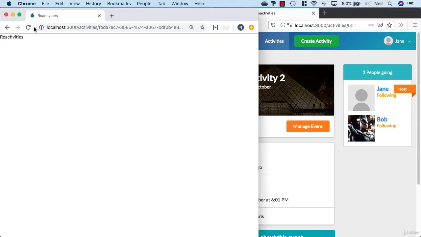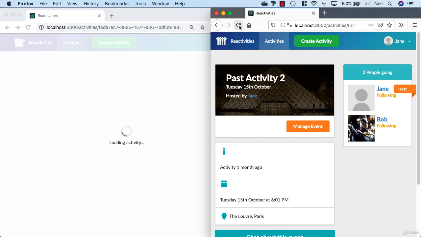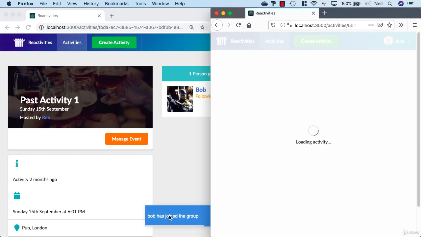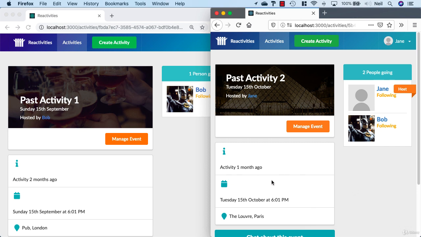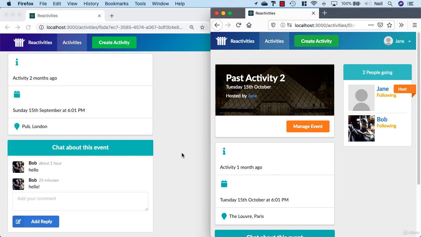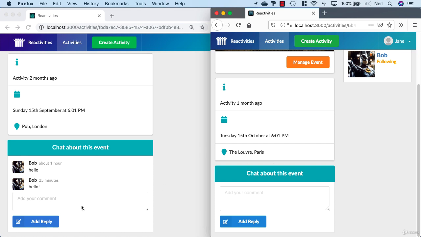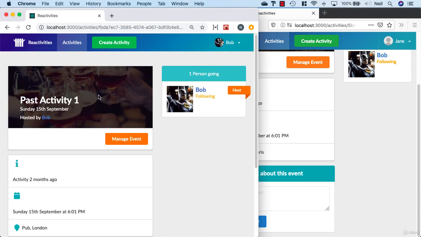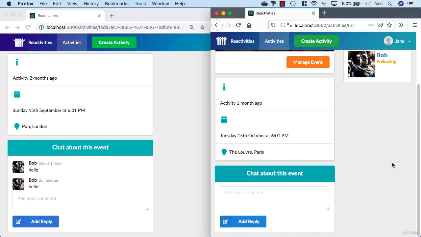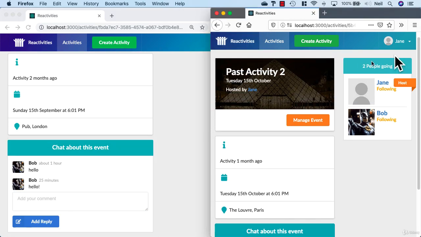So I'm just going to refresh both of these browsers just to make sure that everything's reset. And we can see that Bob has joined a group and Jane has joined a group. And I'm logged in as Jane, I'm on activity 2, and it does show up this message for the currently logged in user. That's why I was saying it's probably going to be annoying if you were going to add that particular functionality. But what we should find now is that if I send a message and I'm in past activity 1, logged in as Bob, and on the right hand side I'm in past activity 2, logged in as Jane,